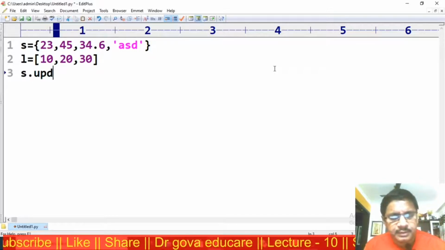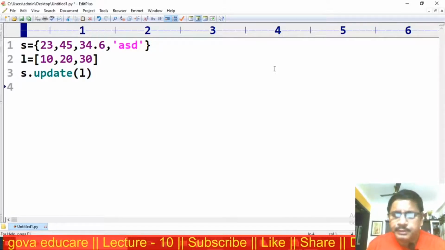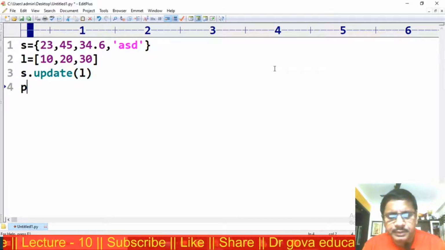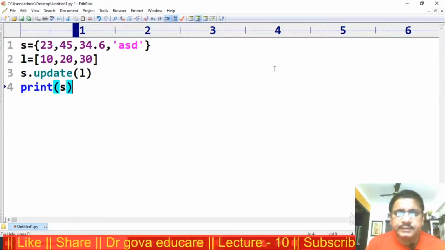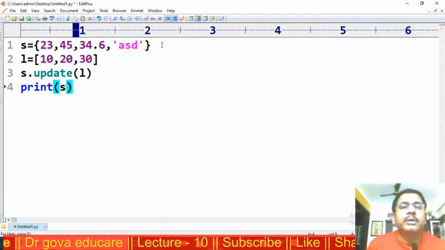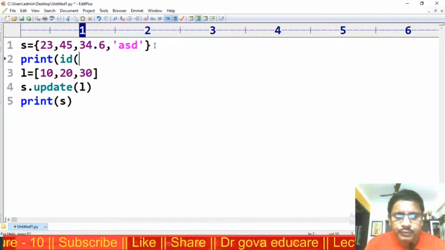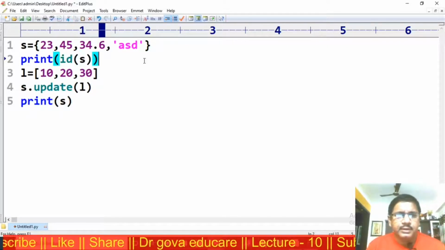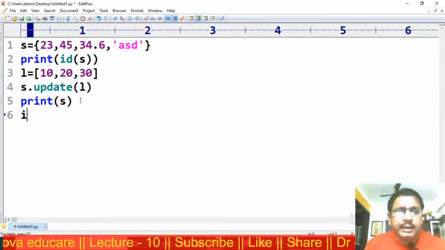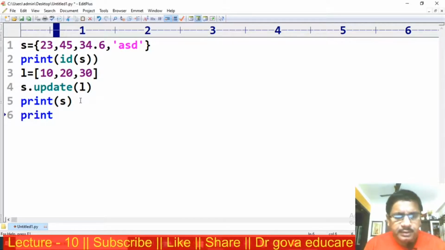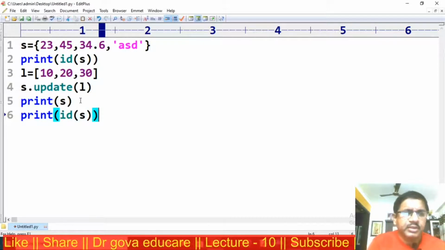S dot update of L, print of S. Before updating, print id of S. After update, print id of S. I am executing the program.